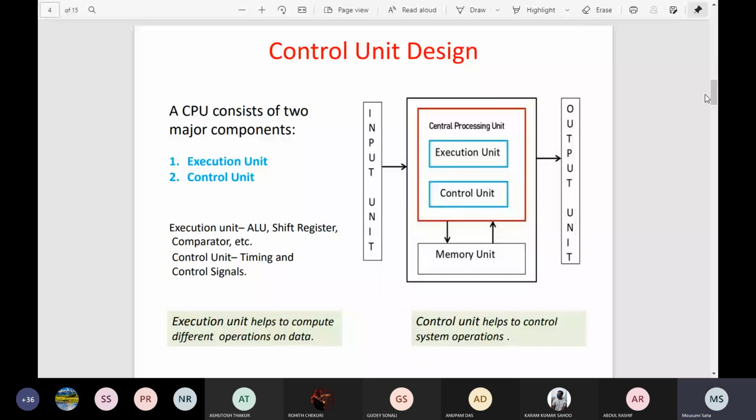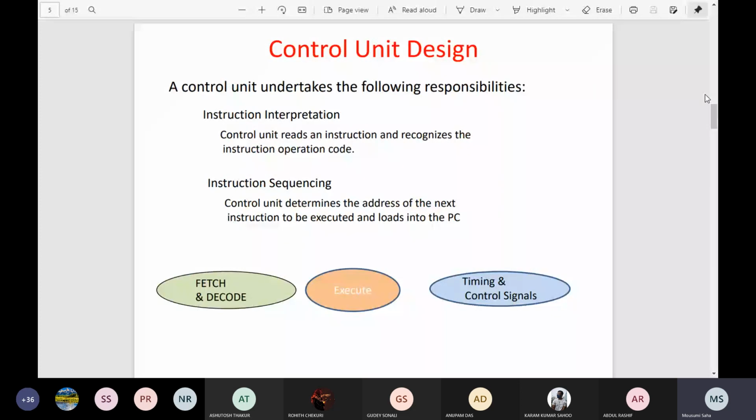Now, whatever the operations, how can the processor understand what the meaning is? At that moment the control unit helps to find out the meaning, and depending on that it will generate the signals. And any operation or any instruction execution, whatever it is, is basically a set of operations. And when this set of operations is executed, it should be in the right sequence. If the sequence is not in the proper way, you cannot get the correct result,